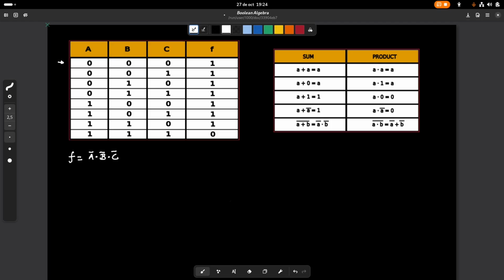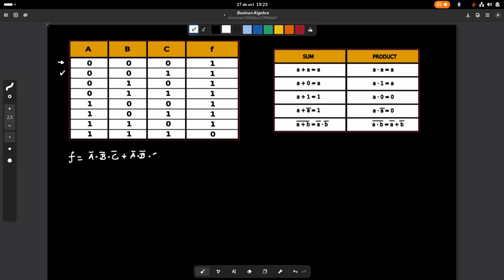If we substitute these values here, we have A negated 1 and A negated 1 and A negated 1 equals 1. So it complies with the value of the function. The second one will be this row, from which we get plus A negated and B negated